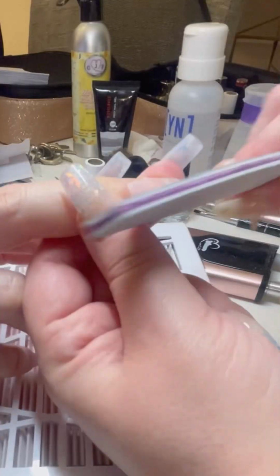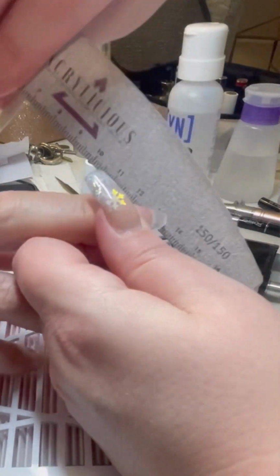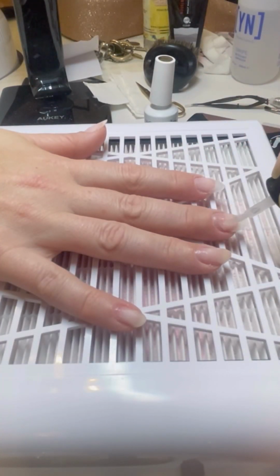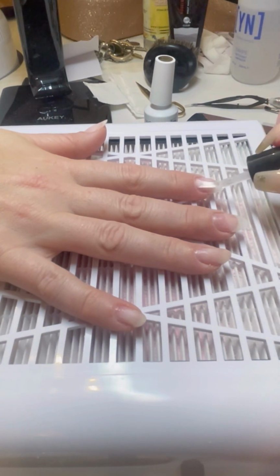I want to get the shape as close as possible, and then I cured them in the lamp, and then I went in with my hand file. By this point, I needed to dehydrate and prime again, just in case I've touched anything and got any oils